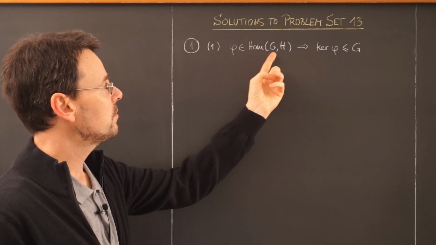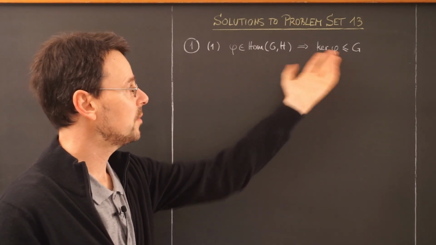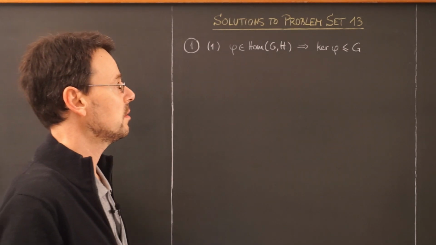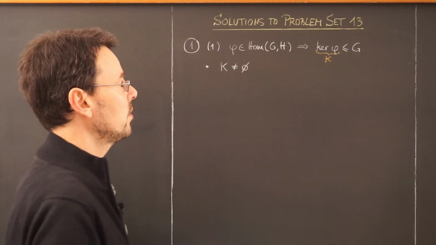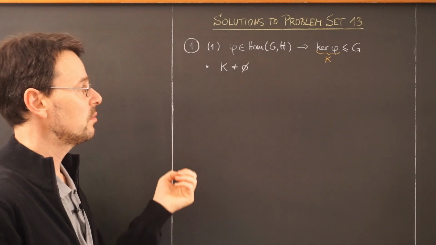Phi is a homomorphism between groups G and H, a group homomorphism, and then automatically its kernel is a subgroup of G. This is the first thing we are going to prove. So we abbreviate the kernel by capital K. We're using the condensed subgroup criterion, so